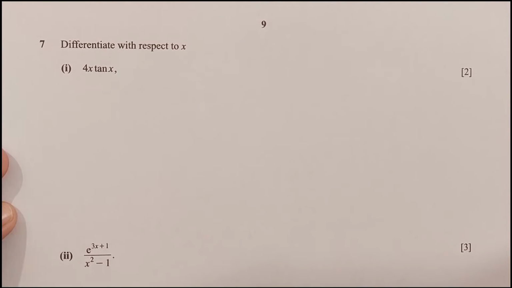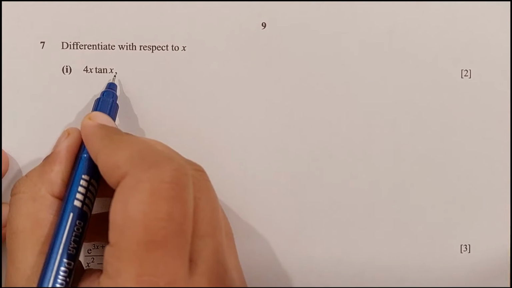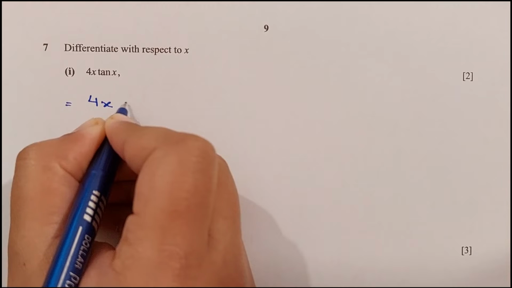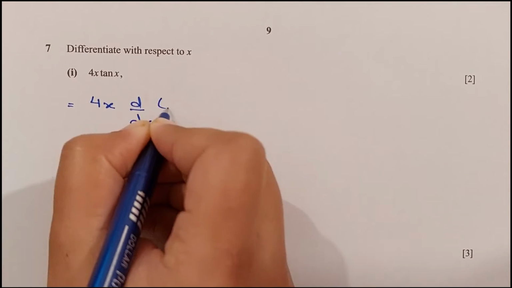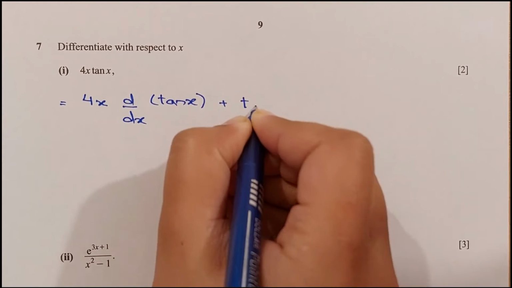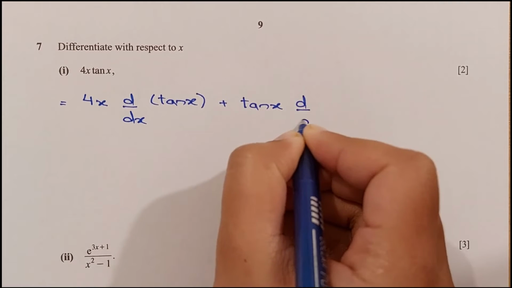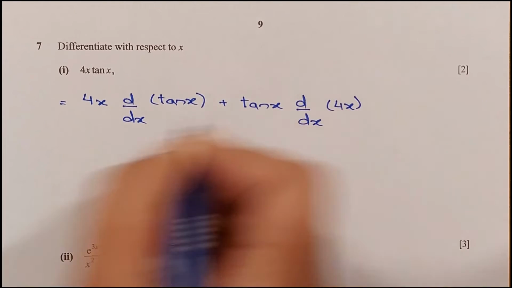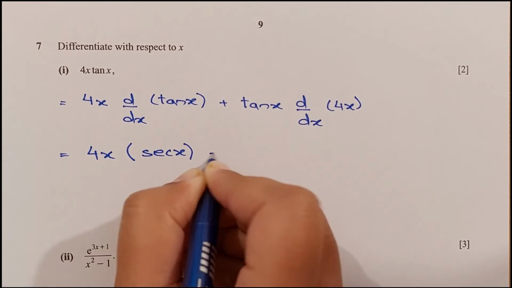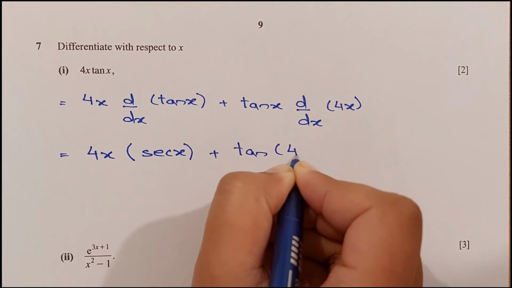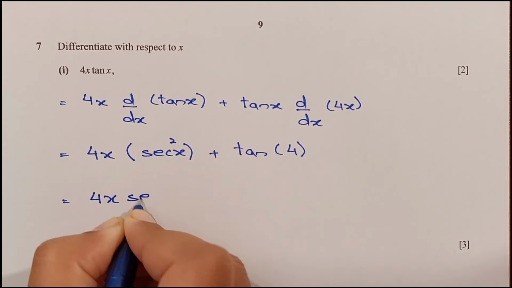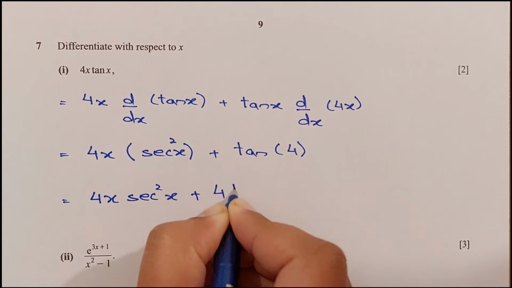Question number 7, differentiate with respect to x. Number 1, 4x tan x. So we have to apply the product rule here. The first term is as it is, times the derivative of the second function, plus the second function as it is, tan x, times the derivative of the first function 4x, right? So we have 4x, tan derivative is secant square of x, plus tan x and the derivative of 4x is just 4. Simplify, we have 4x secant square x plus 4 tan x,